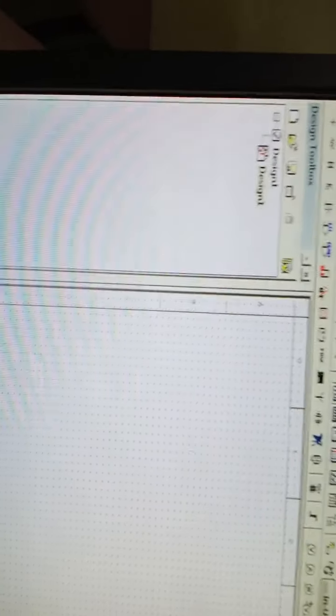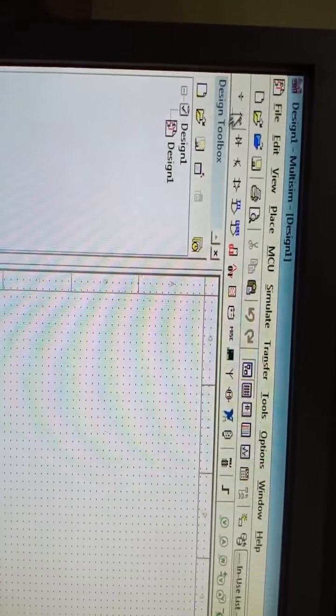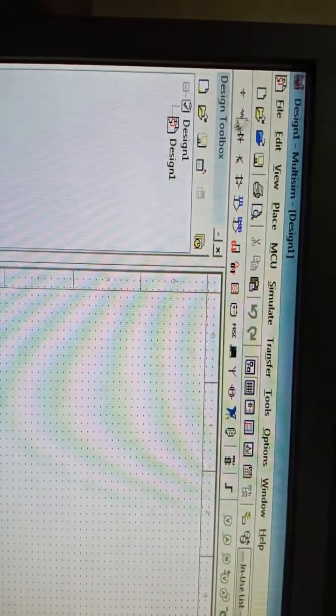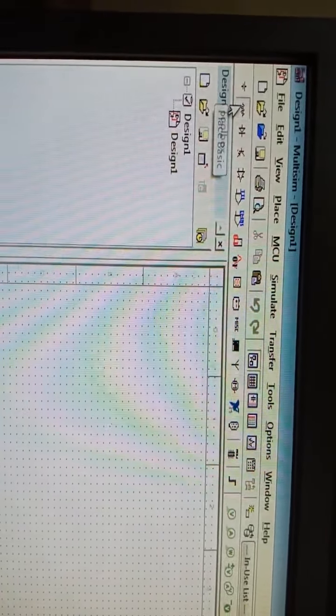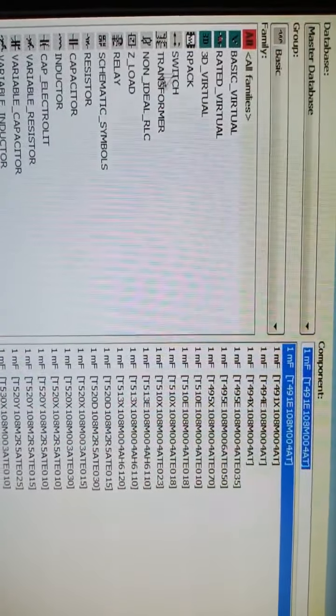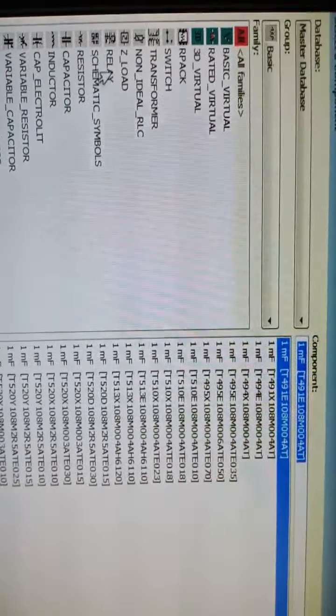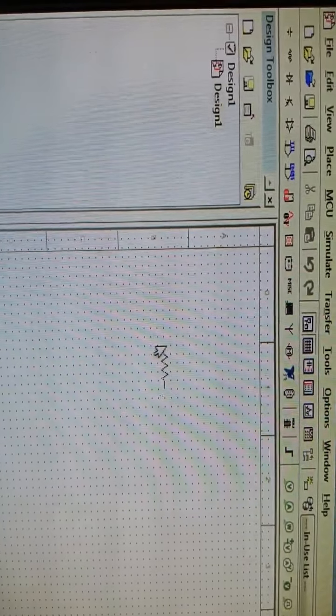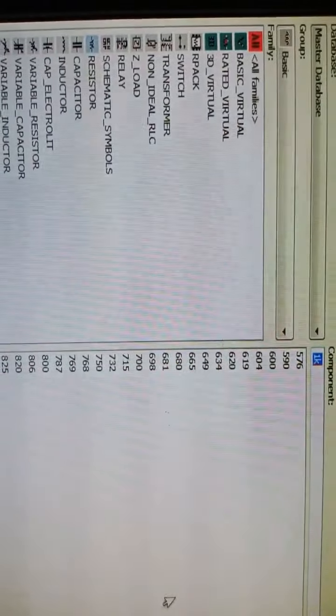You have to go for this: Place, any source, or Basic. Basic means where you can see all types of things: switches, transformers, loads, relay, symbols, resistors. You can pick the resistor.